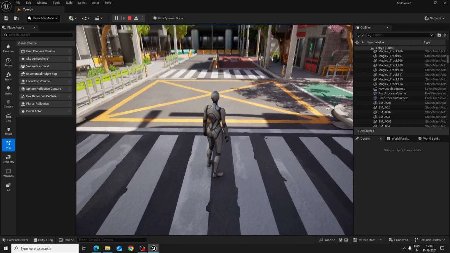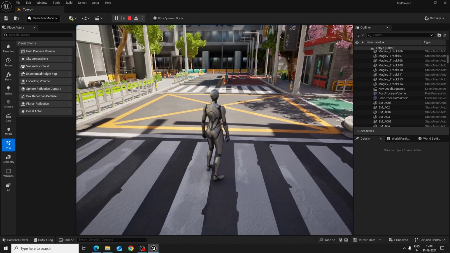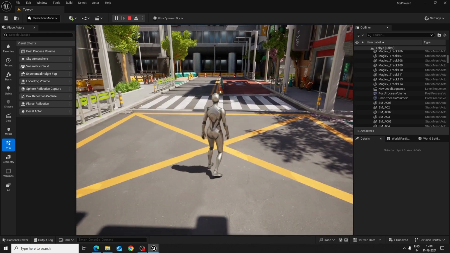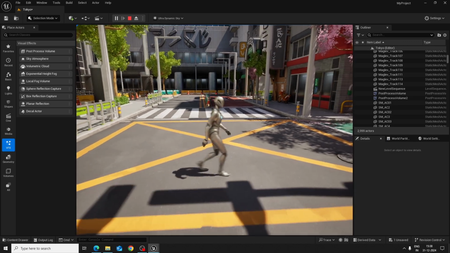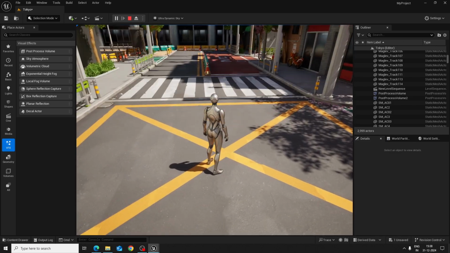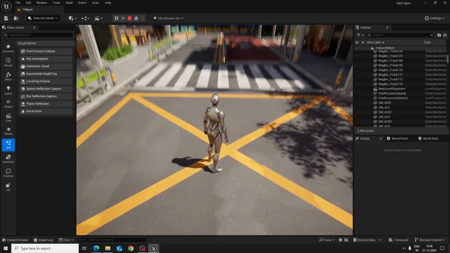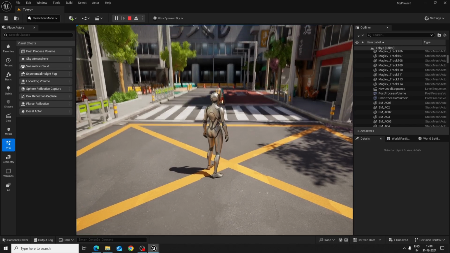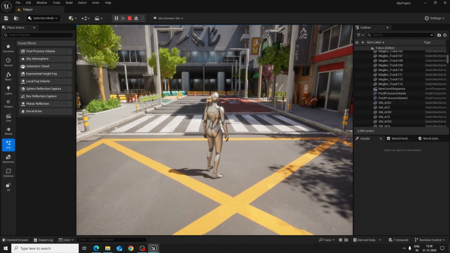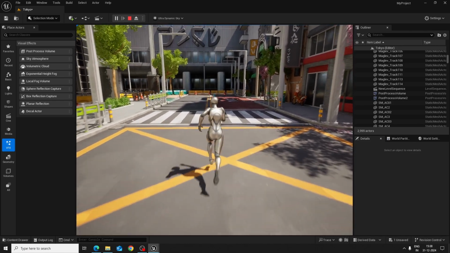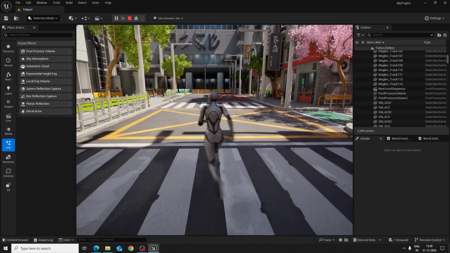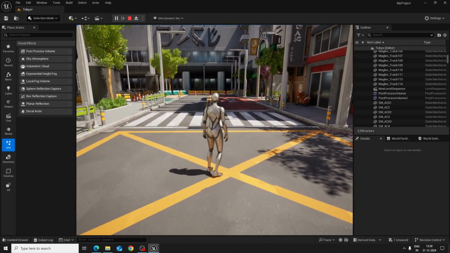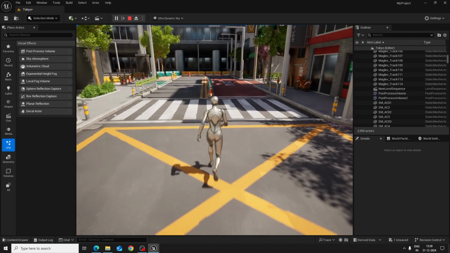I believe we added the post-process volume here, and see, I think you can notice it when the character enters through this area. Can you notice the intensity increasing? You can see the brightness increasing and decreasing when I come out of the scene. This is how the post-process volume works. See, when I enter the cube,